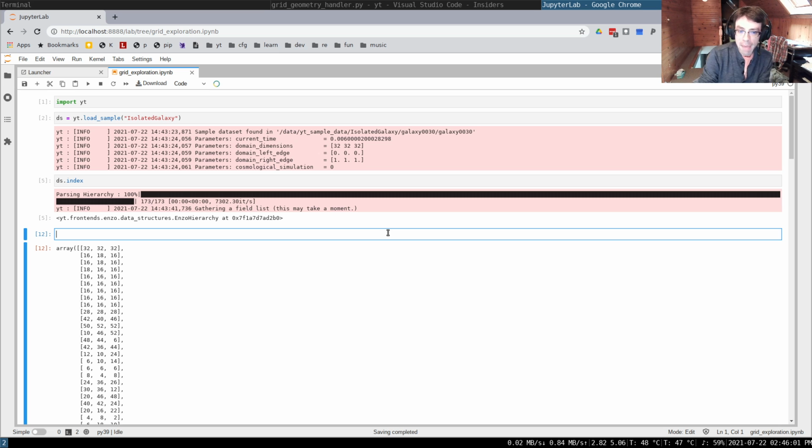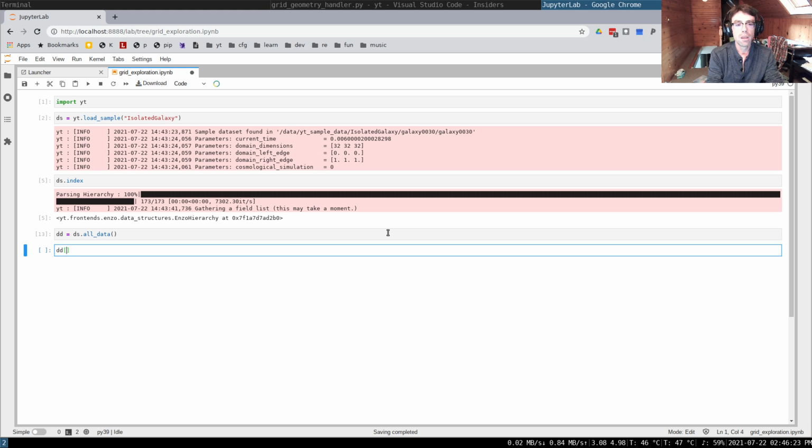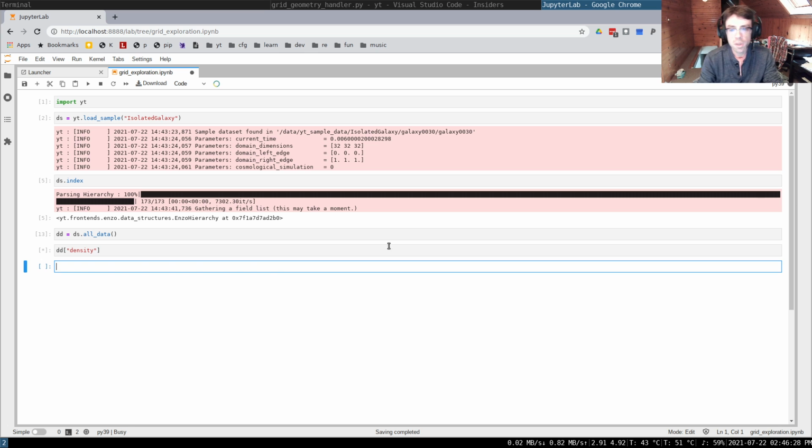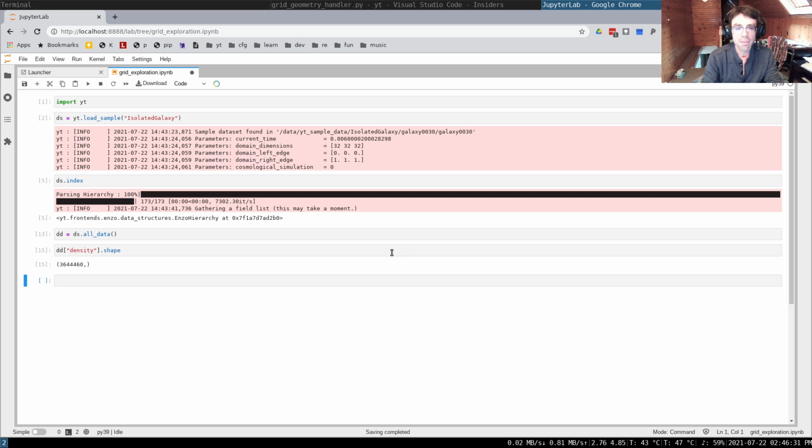We also mask that data out. So this dual-step process of masking based on a selector and masking based on what we typically call child or sibling grids happens. It's because of this that the data often gets returned to us as flat. So if we do dd equals ds.all_data, and then I access something like density, this comes back to us as a one-dimensional array. The shape of that array is, in this case, 3,640,416, which is not the same as